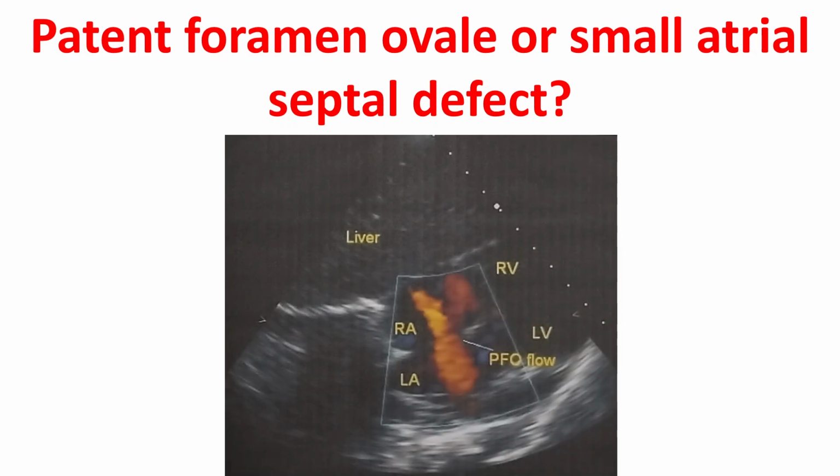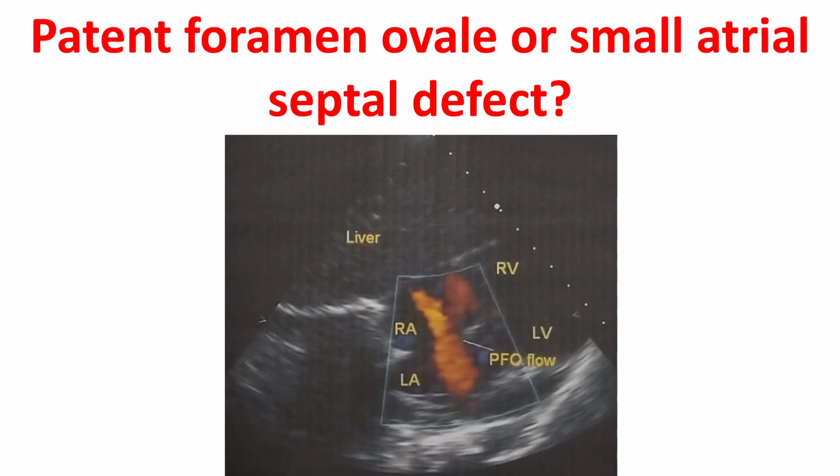The color flow is going from the left atrium to the right atrium because the transducer is located in this place, and when the flow is going in that direction, it will be coded red. A reverse flow will be coded blue in this view. So this is a left to right shunt, and ideally it should not be called a PFO flow because PFO